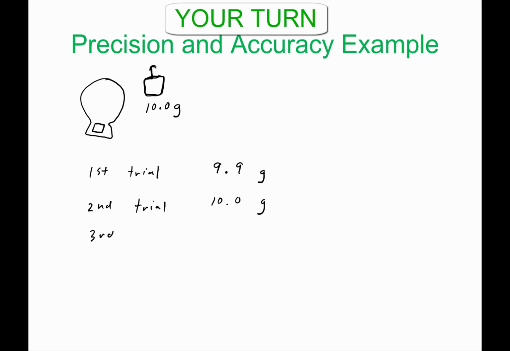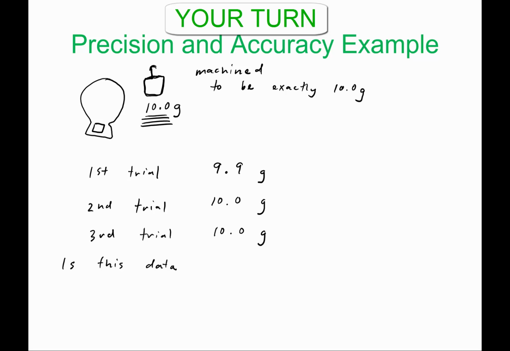And then on the third trial, let's say it weighs 10.0 grams. Okay, so answer the following question. Again, this is machined, and let's say it costs a lot of money. It's made with lasers to be exactly this number. Okay, so here's the following data. Is this data